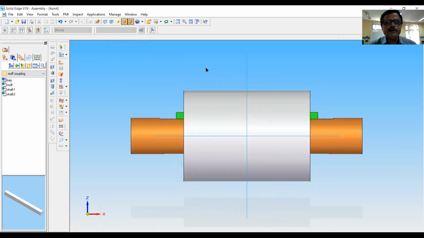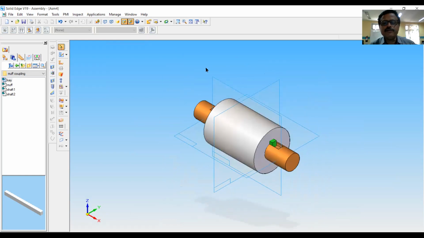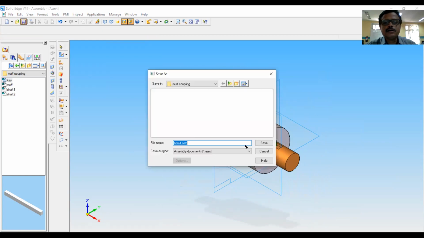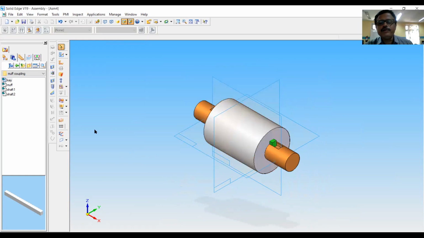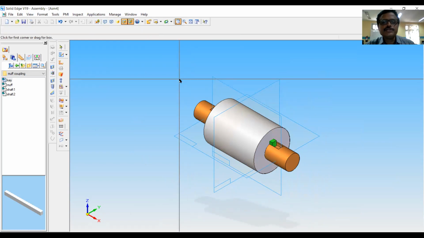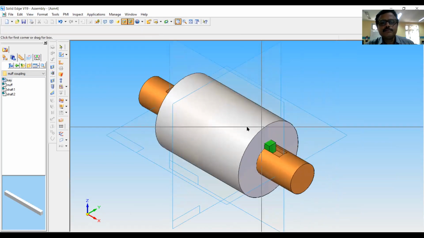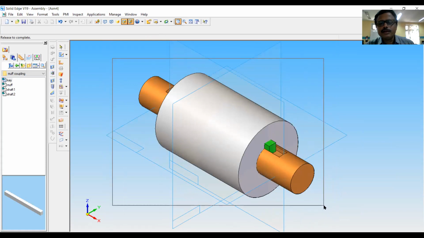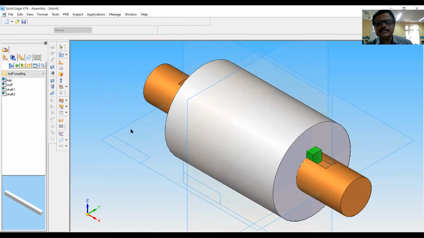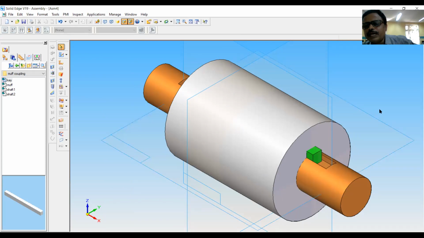You can see the front view, which is like this. You can also see the isometric view like this. So what we have done in this case is we have assembled all the components with the help of equations. You can see the muff coupling assembly, which we have done with the help of equations.